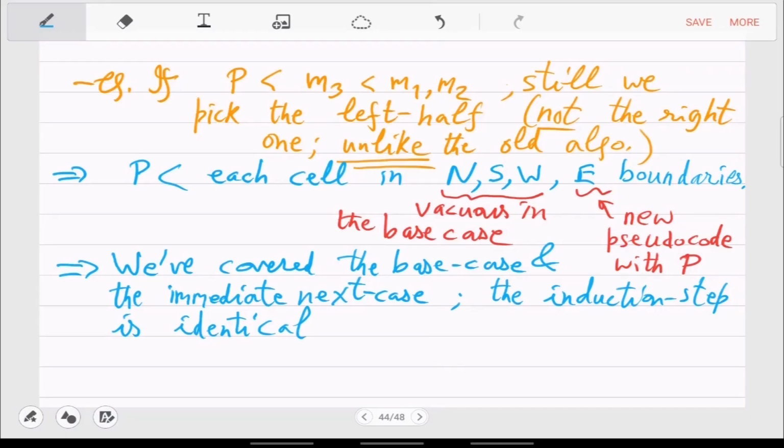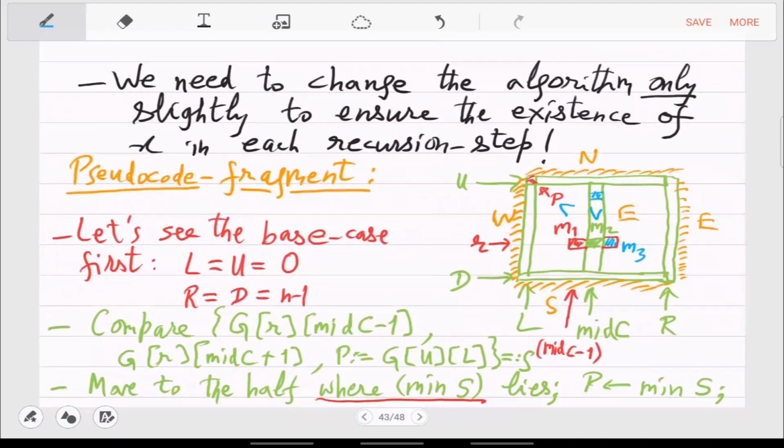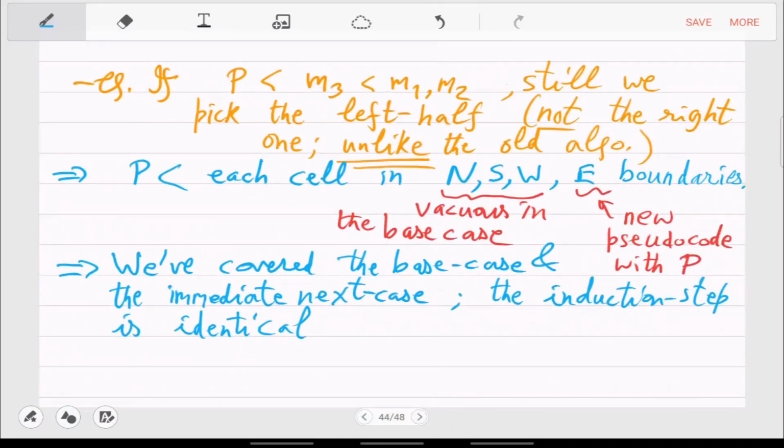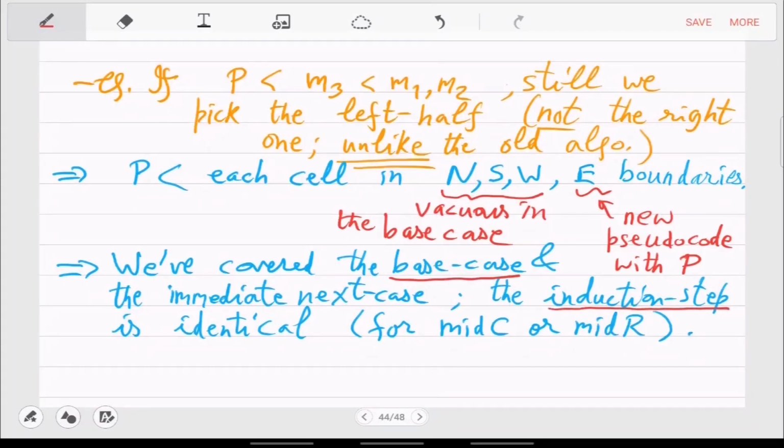So it is identical not only when you pick the middle column, it will also be identical when you pick the middle row. Okay, all those things are just cases. So base case is vacuously true, and next case is true by this induction step. And once you have seen the induction step over the base case, you can see that the same argument works always.